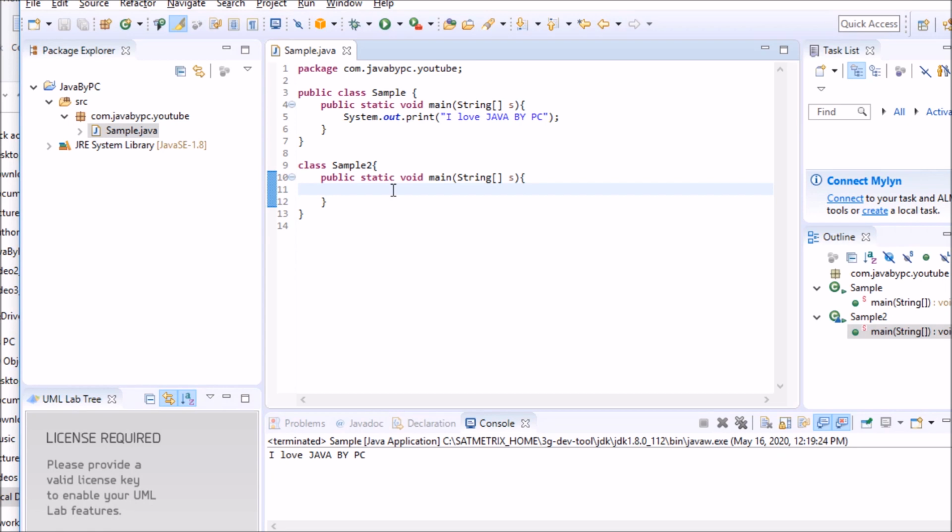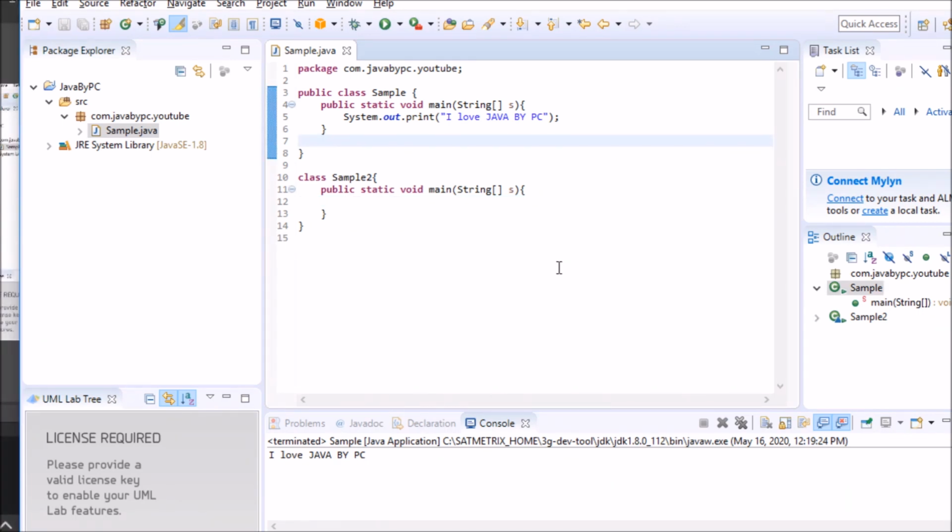Yeah, so it's letting us have the main function in each class in the single file. How is it letting us do this? Because for each class it is creating a separate bytecode, or .class file. That's why it lets us keep the main function in each class.